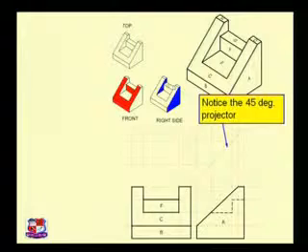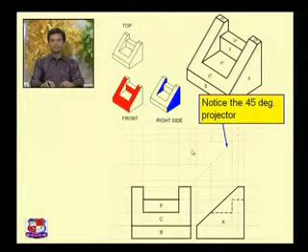Then this inner portion, the inner surface, will not be visible. It is a hidden portion. So this hidden portion is to be shown by a dotted line like this. The dimensions which would be given over here are to be inserted over here, and by showing these dotted lines we can express this side as well, meaning this corner, this and this. So this taper is drawn over here by a dotted line.